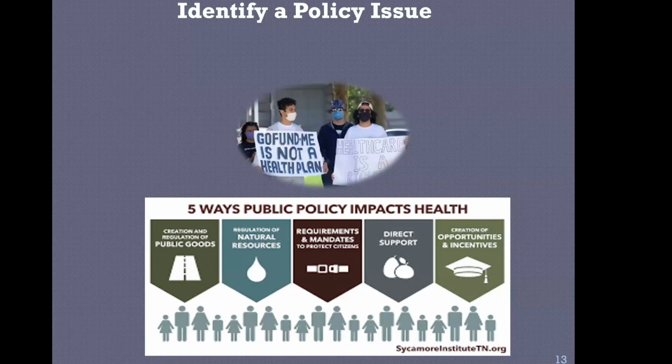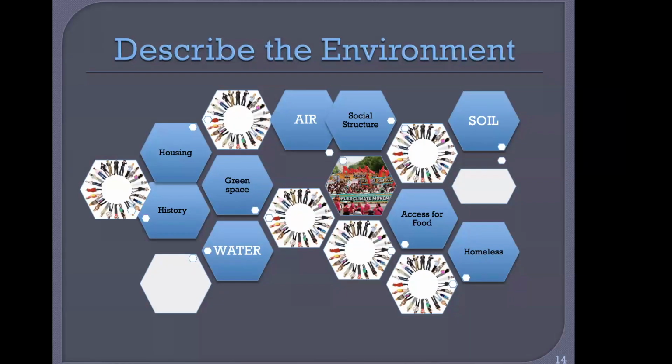group. Describe the environment. This is a reminder slide to describe the city with history, green space, describe the housing, maybe the cost of the housing. Are there overcrowded situations? The social structure, like do poor people live in one area on the east side and the rich people live in a nicer area on the west side? Is there a large homeless population in the city? Is there healthy foods, grocery stores, or just convenience stores and liquor stores within